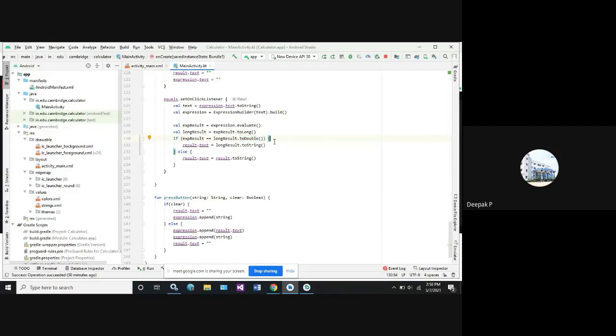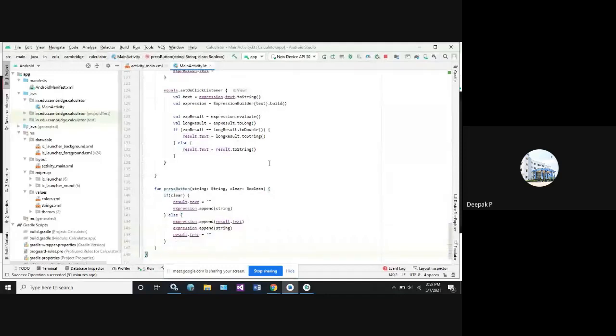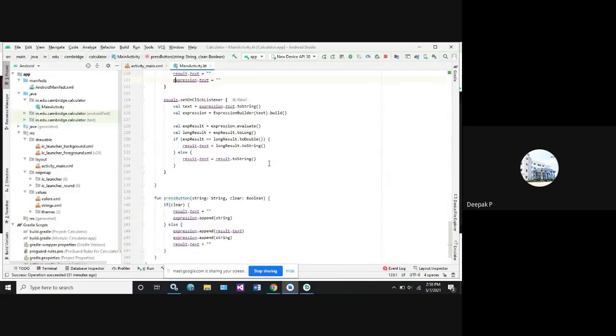Okay, but it's not going to load. Once we get the Android 12 feature, let us try to modify the code. Next, if it is true, it takes the data as text content. So whatever result you got, the data will be loaded in the form of text in the result screen. If it is not a normal data, it just loads the data in text format as result.toString. Okay, so this is your second program.